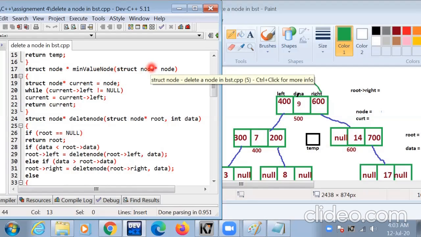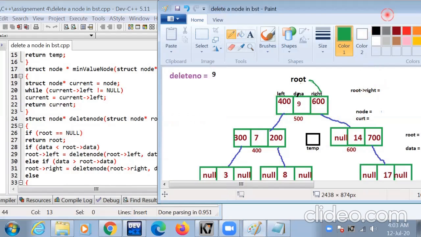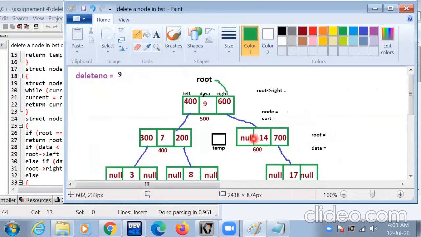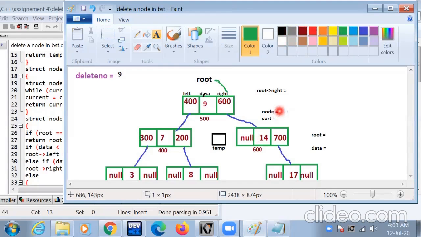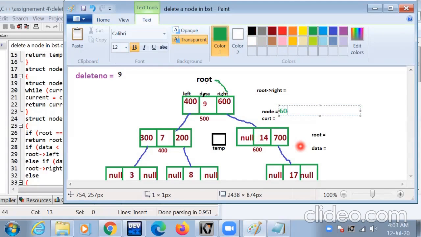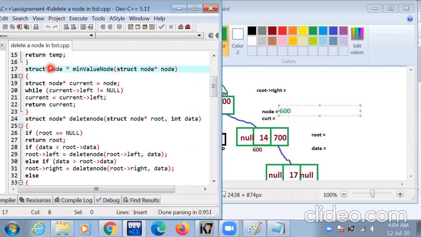This is the min value function: struct node, node is created and node value is 600. Node points to this block. Now node value is 600, and the node value is inserted in current. Now 600 is inserted in current.